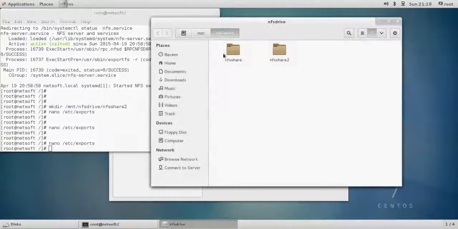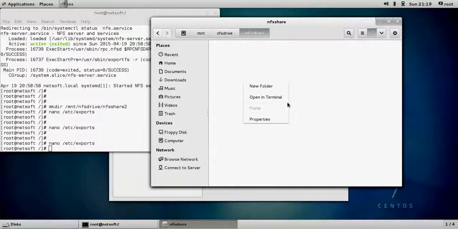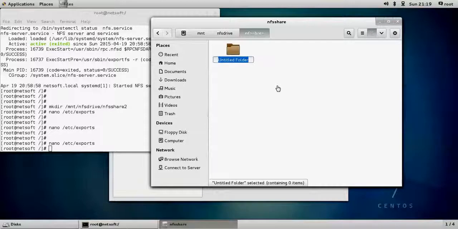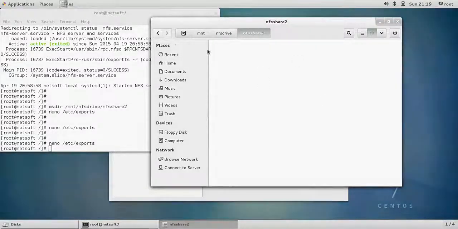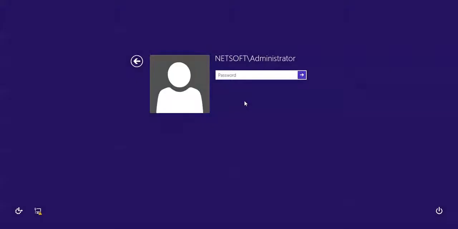But just to do a quick test, what we're gonna do is go into NFS share one, and I'm just gonna go ahead and create a folder in here called Ken share one, just so that we can see that it's actually there. And keep in mind that's in the NFS share, and just like magic, we don't have nothing in NFS share two. So if we go back to our client machine again,